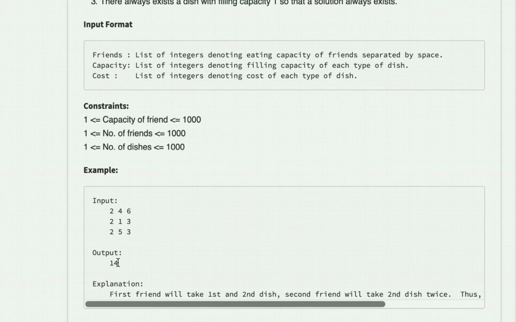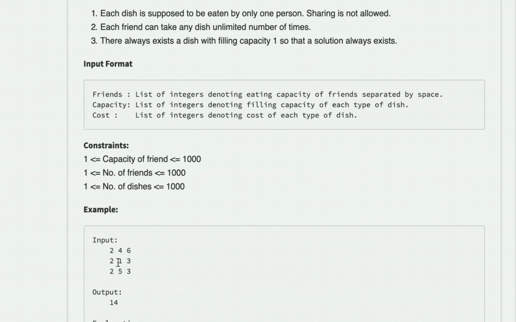So this problem, if you have seen Knapsack before, it's very similar. If you haven't seen Knapsack, it's okay. You could still try to attempt this problem, but if you're stuck, maybe take a look at Knapsack. This problem is really cool because we're given the constraint of the capacity. So what it means is that